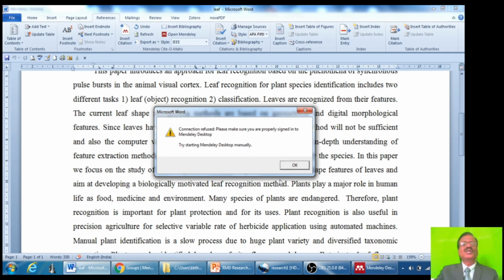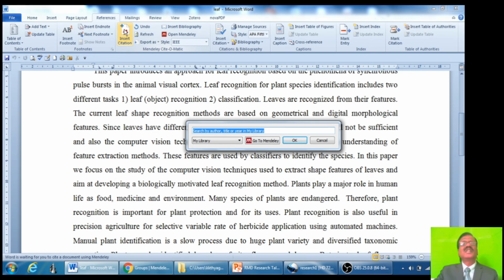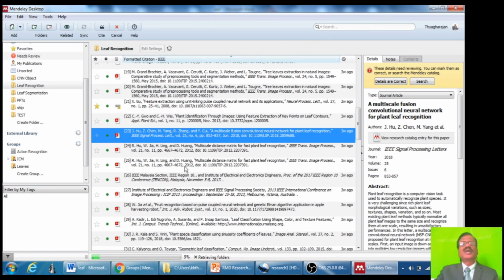Right, how to insert this paper? You go to Word, so don't worry about this. Mendeley has been opened. You choose the place where you want to insert citation. Click on that place. Insert citation. Click on this icon. Then go to Mendeley. You are coming to this Mendeley. You select this paper. I have already selected. You select this paper and go to the top.